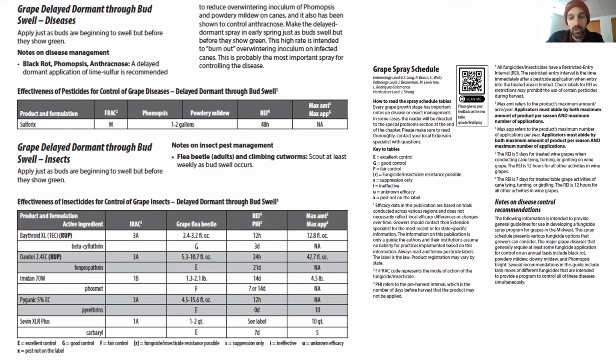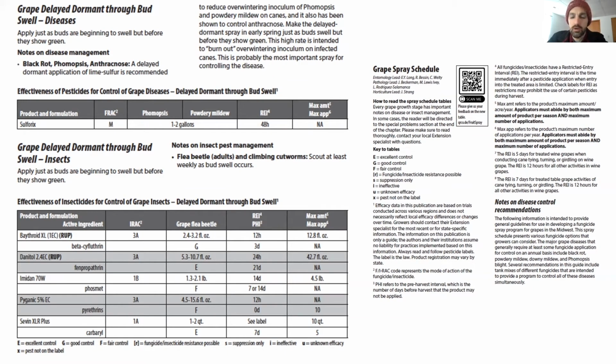With products going down the side of the table, you'll see that we have the product and formulation as well as the active ingredient there. We also designate if it is a restricted use product with RUP after the product and formulation. We have the IRAC or the FRAC code listed there as well to help you make decisions with product rotations. Then we have the pest, and underneath the pest for each product, we have it split out into application rate as well as efficacy. On the far right side, you'll see that we have the REI, PHI, max amount and max product that can be applied each year.